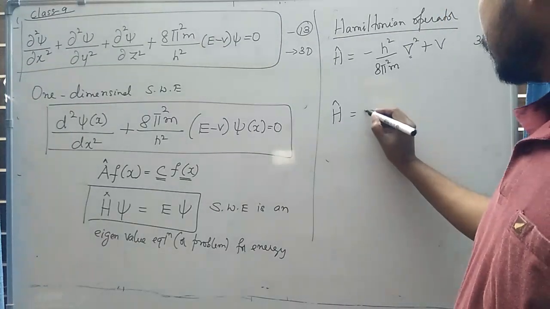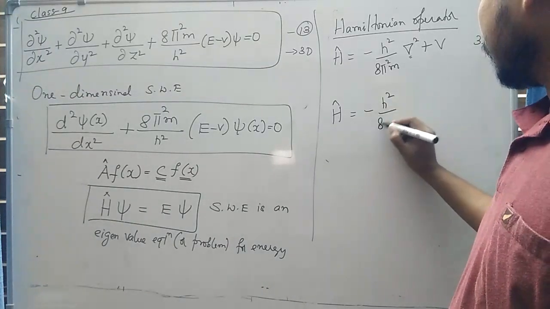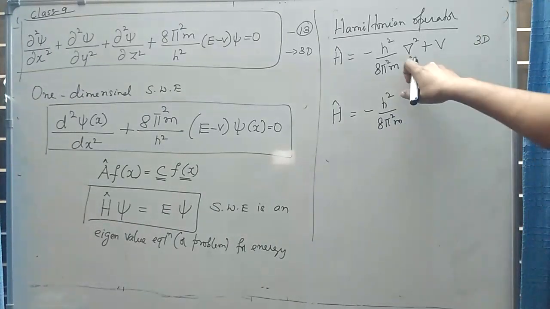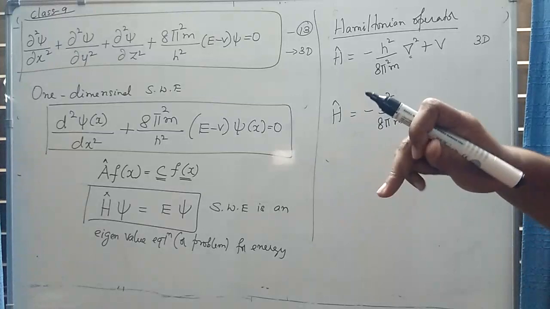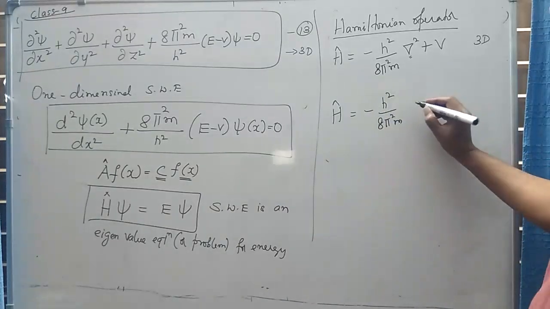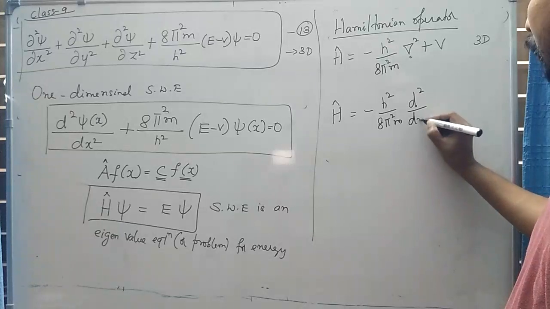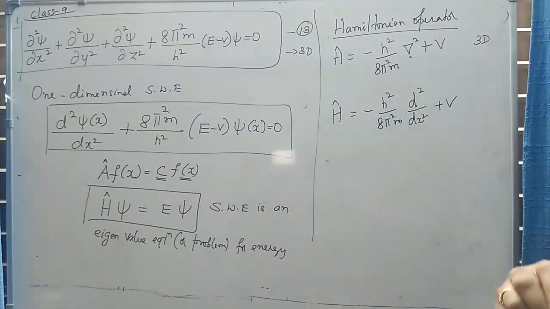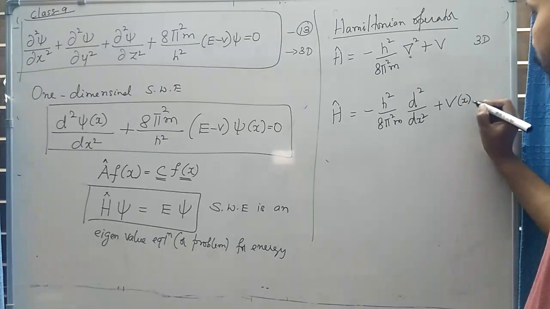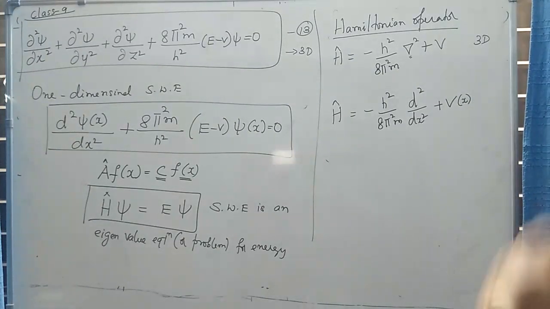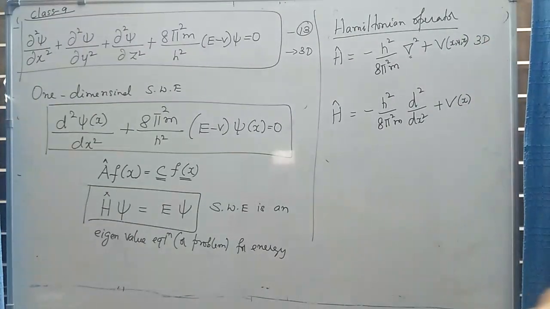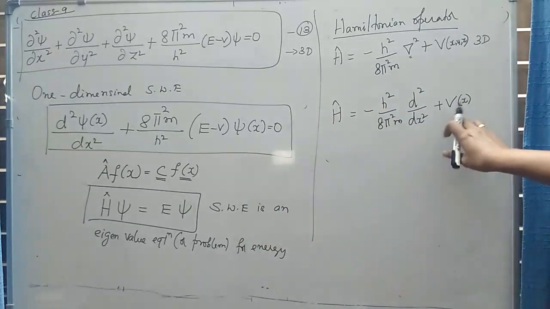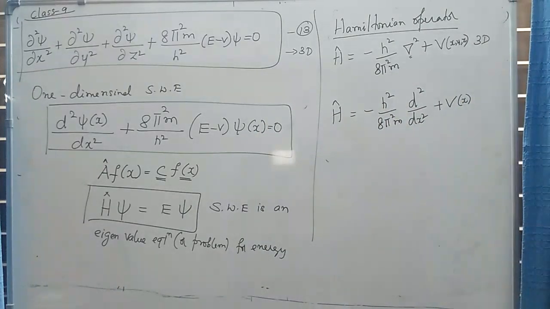In 1 dimension it is written as minus h square by 8 pi square m. Remember, this Laplacian operator contains 3 terms: del square by del x square plus del square by del y square plus del square by del z square. But for 1 dimension we have the term d square by dx square only, plus V. Actually we write it as V of x because the potential energy only depends on the x position of the particle. Here the potential energy depends on x, y, z, that is the position of the particle in 3-dimensional space, whereas it is the position of the particle only along the x axis. So this is the corresponding 1-dimensional